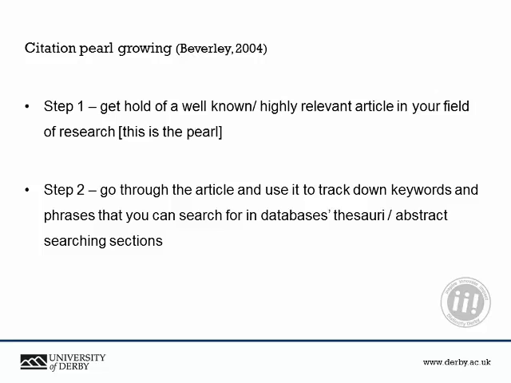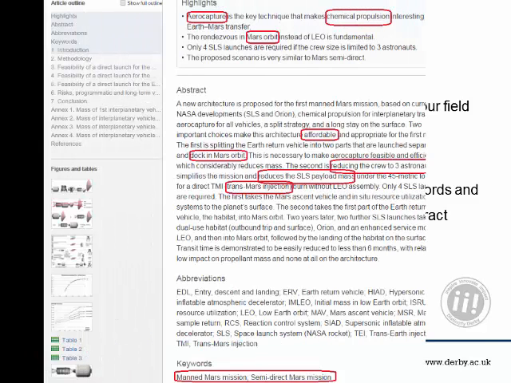Step 1 is to get hold of a well-known or highly relevant article in your field of research. So when you talk to people about your research topic, what article do they mention as the key resource for that topic? Once you have that article, you then need to implement step 2, which is to go through the body of the article itself,